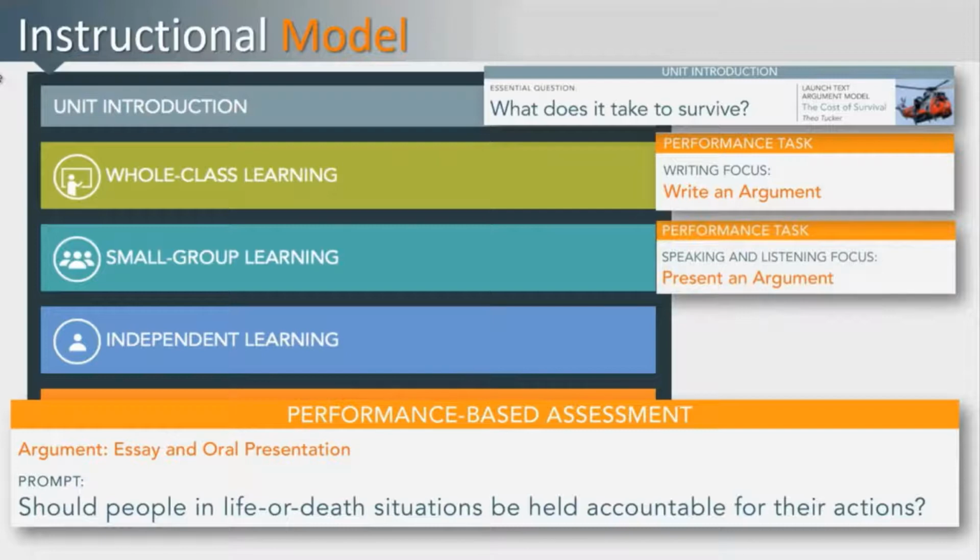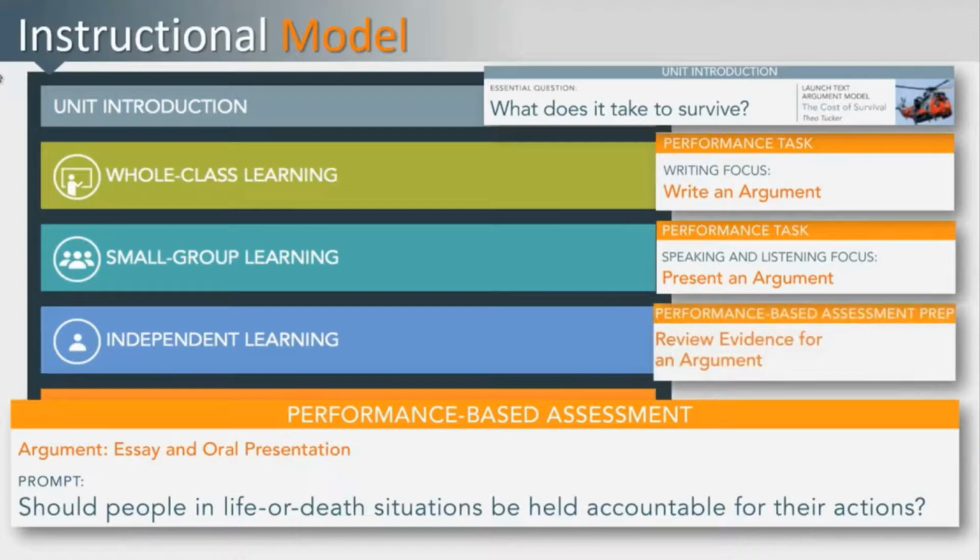In small group learning, the teacher role shifts to a facilitator, and students collaborate and work with one another, leading up to a speaking and listening performance task project. In independent learning, students select one or two texts from an array of texts for independent, deeper exploration. Student choice is key to engagement and achievement as they work independently to close read and analyze the text.